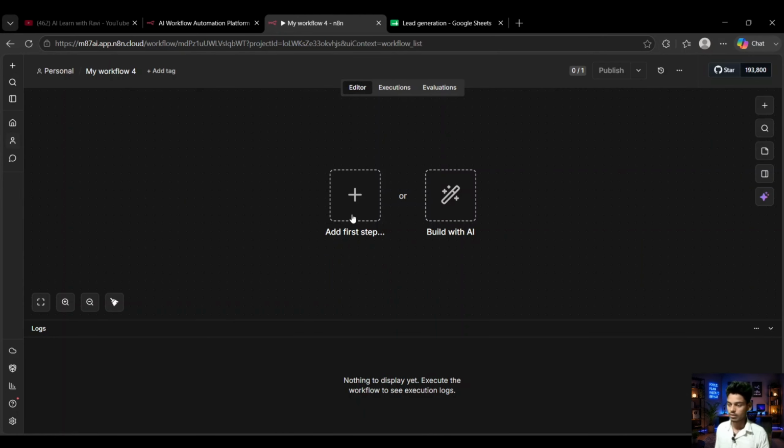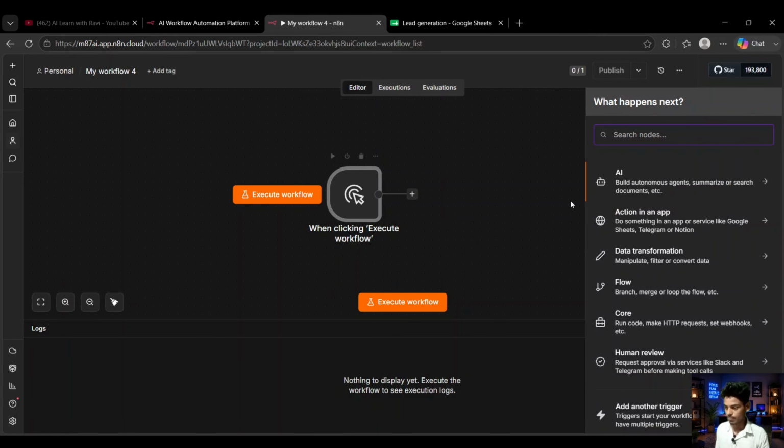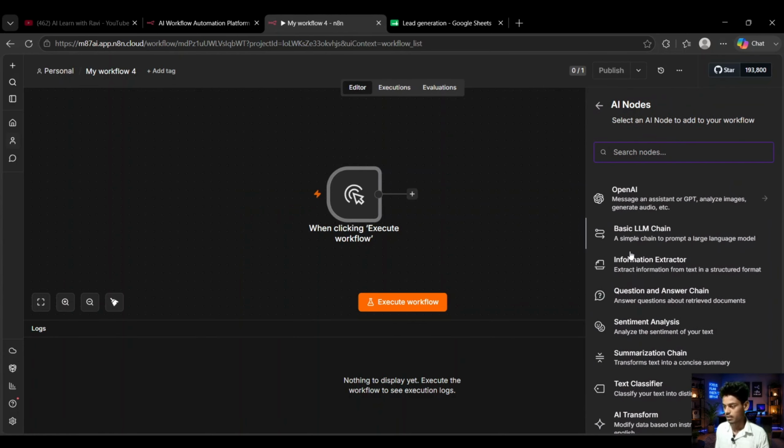Now click on plus, then select this. After selecting, then click on plus, then click on AI. Then as you can see, this is AI,